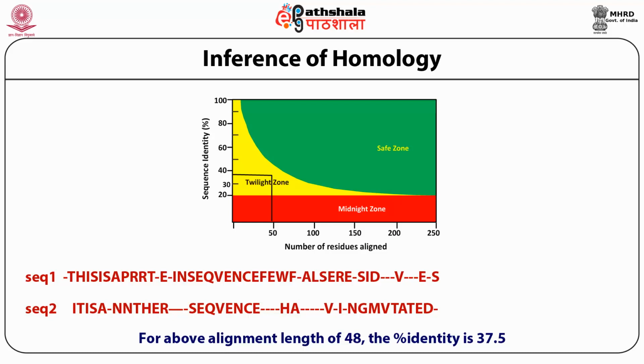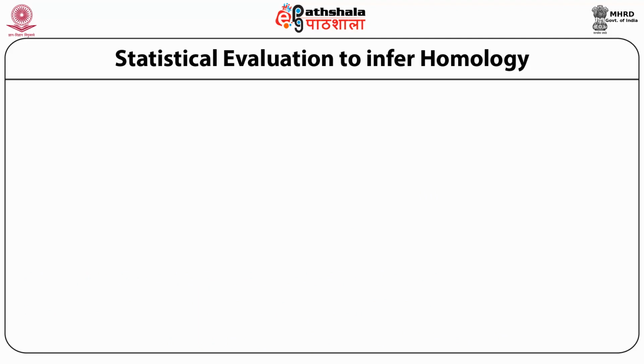Therefore, the user must follow the powerful approach of statistical evaluation using p-value to infer homology. The statistical evaluation to infer homology from alignment score is frequently assessed by calculating the p-value to determine the statistical significance. The p-value is given by K multiplied by e raised to the power minus lambda S, where K is